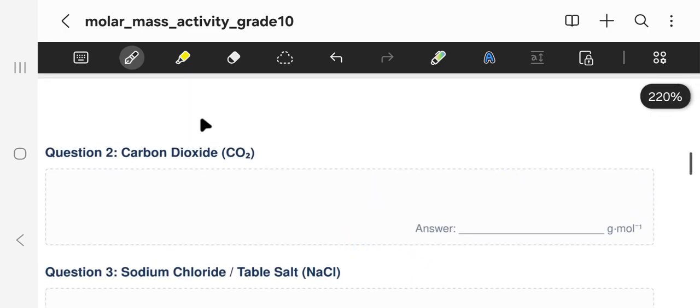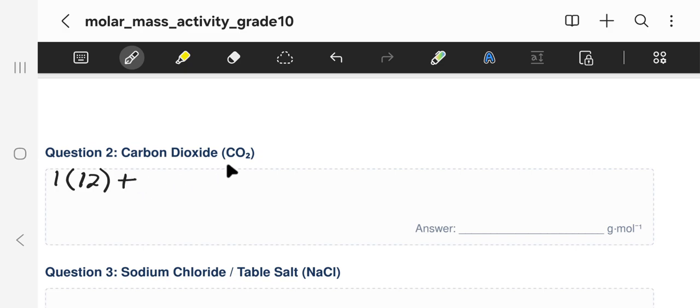Here's another example. On this example, we are looking for the molecular mass of carbon dioxide. And we firstly check if there's a number at the bottom. If there's no number at the bottom, it means we have 1 carbon. So I'm going to write that I have 1 carbon and multiply that 1 carbon by its relative atomic mass number, and the relative atomic mass number is the number at the bottom of carbon, which is